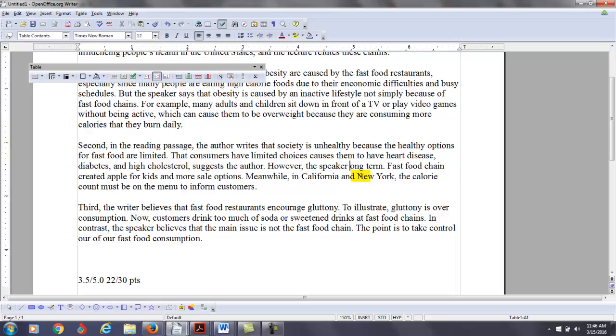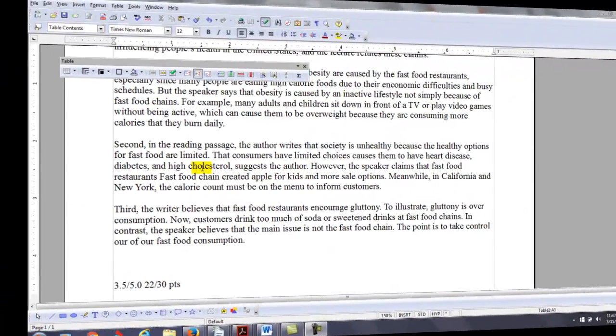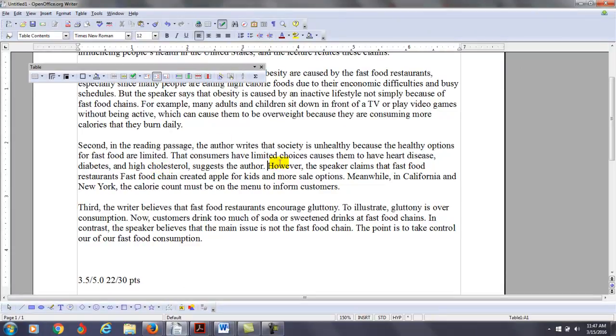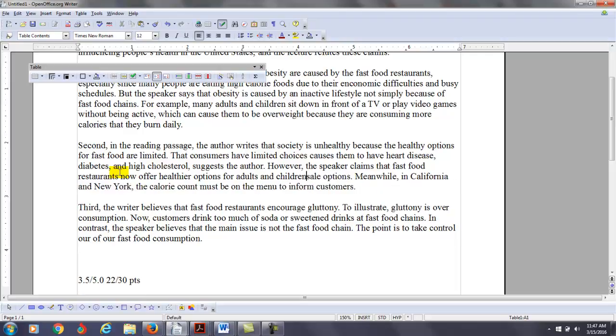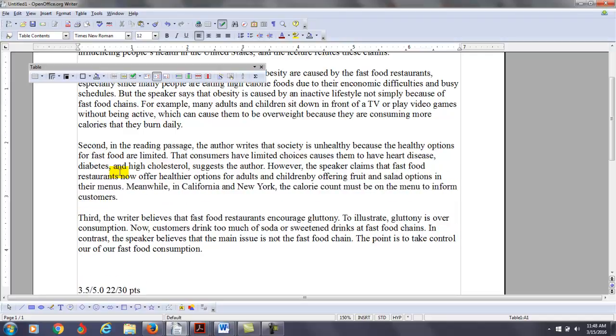So I think when you're moving here, okay, here you have, however, the speaker claims that fast food restaurants now offer healthier options for adults and children by offering fruit and salad options in their menus.